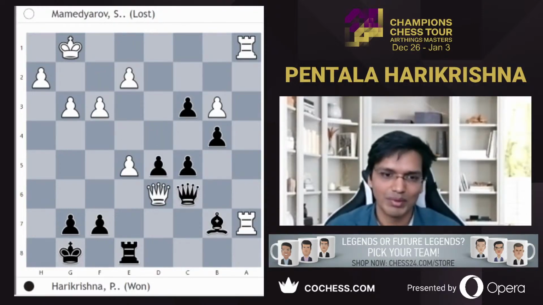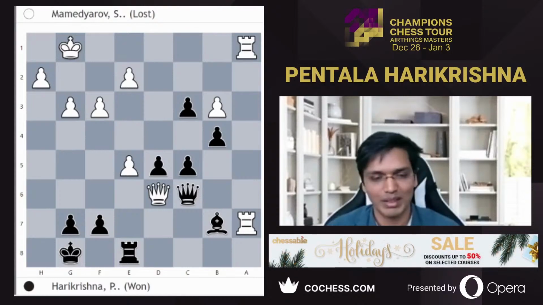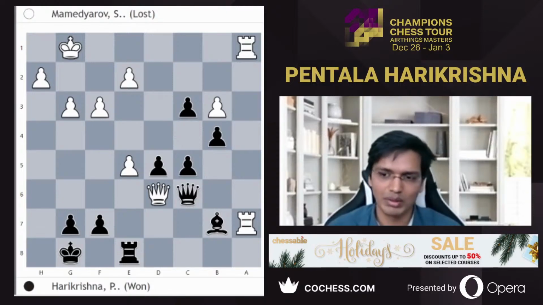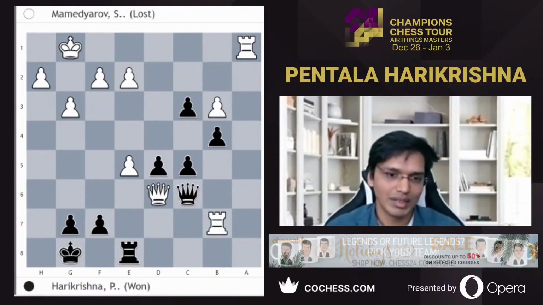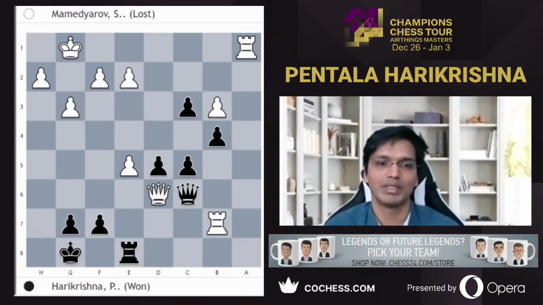Not an easy move to make, when you have just five minutes, or maybe he was short on time, so it's normal that he missed f3. Here he went for rook b7,